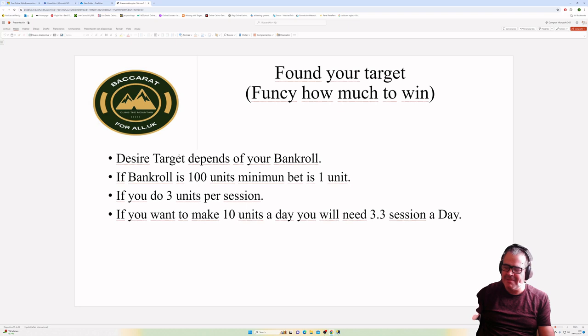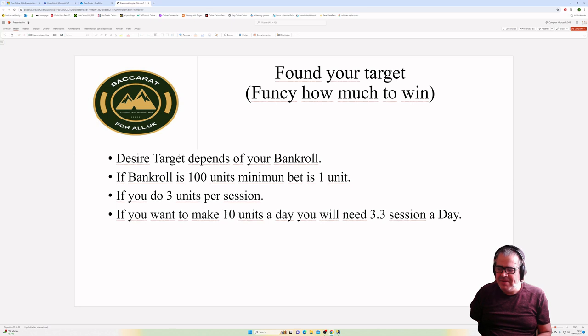I remember I used to always go with $100 and try to make 3 to 4 units, to make $20, and go home. I was a hit and run guy. I only wanted 4 units from my 20 units, because with $100 the minimum bet was $5. So I had 20 units, I had to make 3 to 4 units, and I made 4 units.